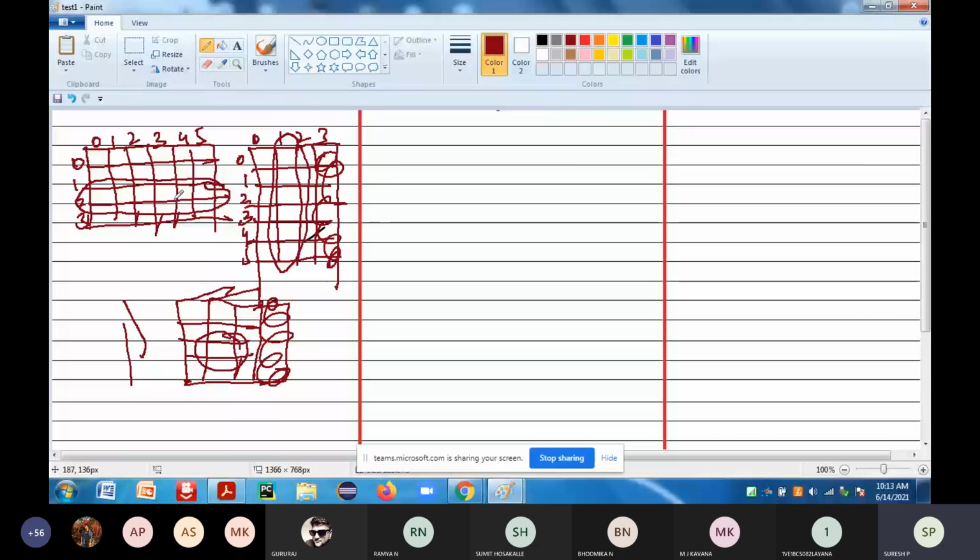That is C of 2, 1. So that will be equal to what now? That will be summation of k is equal to 0 to n minus 1, and here it will be a of i k into b of k j. This is the formula which I am going to have.